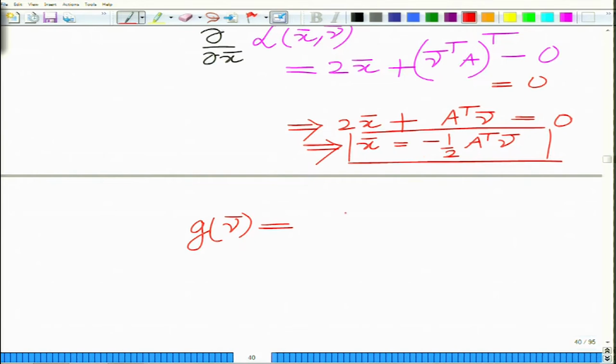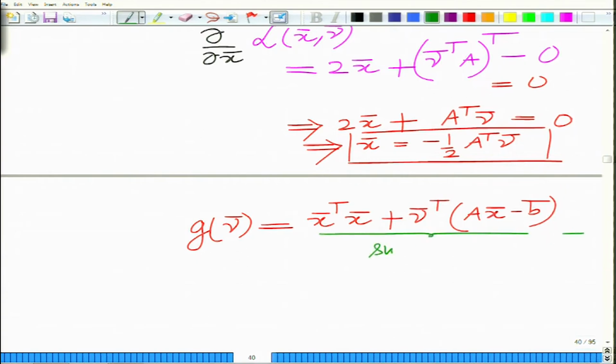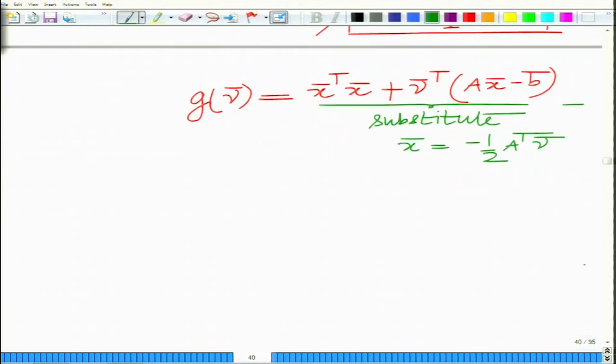Okay. For that you substitute the x bar. So in this, remember, this is your original optimization problem: x bar transpose x bar plus nu bar transpose (A x bar minus b bar). In this, what we do is we substitute x bar equals minus half A transpose nu bar. So that will give you g of nu bar equals, well,